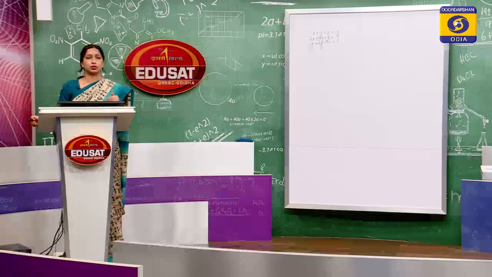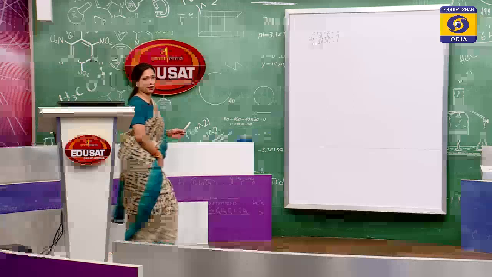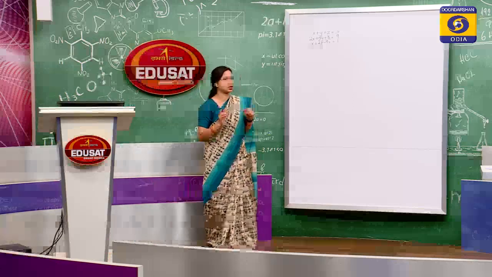Now, let us try to use Cramer's rule in order to find out the values of 3 unknown variables. That means, where there are 3 equations consisting of x, y and z, right. Now, let us do a quick recap of the steps. First we need to find out the determinant consisting of the coefficients, then dx, then dy, then dz, and then find the values by using the formula dx by d, dy by d or dz by d, right. Now, let us take an example. When there are 3 variables, there are 3 linear equations, right.